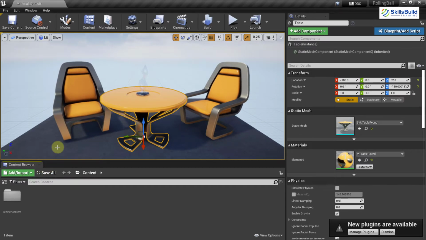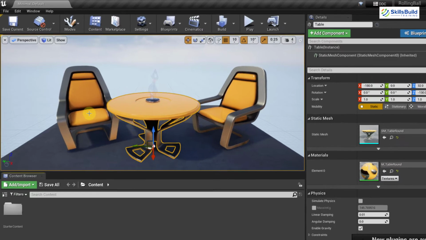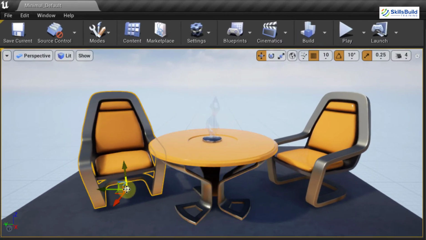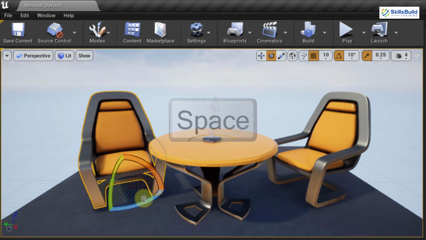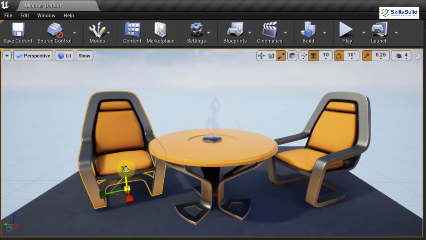So this is how you can work with your different tabs. The next thing which I want to discuss with you is controls. If I click on my chair here, as you can see here, we have 3 different arrows. And if I press my space key, I have a different shape. And again, if I press my space key, we have a different shape here. If you do not want to go with this option, you have another way to do it, and that is